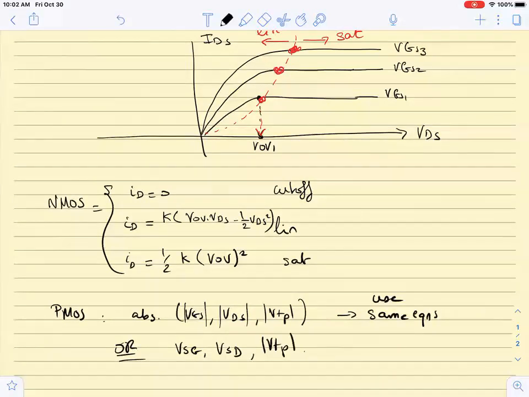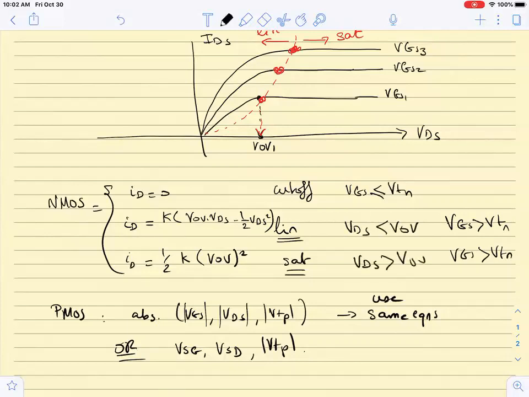اوكي لأن الكونديشن هون هي بالأنموس إنه VGS أكبر من VTN هون sorry less than in the cut-off region بيكون off, and then for it to be on we need VGS greater than VTN. What determines the linear والsat هون ال VDS is small, it's less than VOV and here VDS is large and